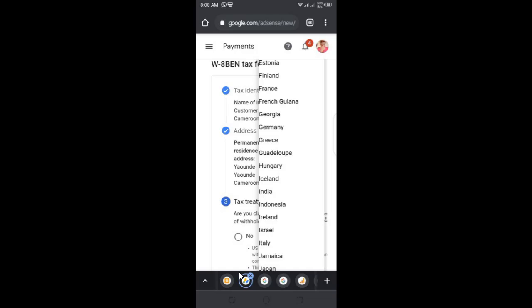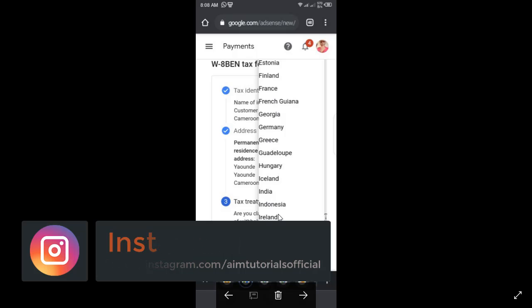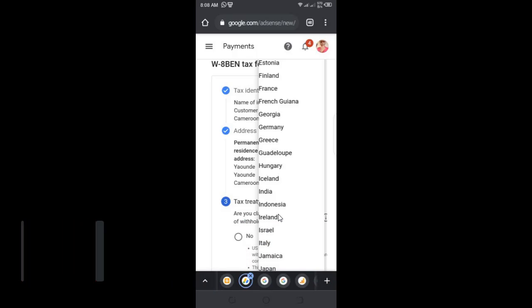And then here is just a list of the countries treating with the US. You see there are a few, and this is not the complete list. Each country on this drop down has a certain treaty with the US.